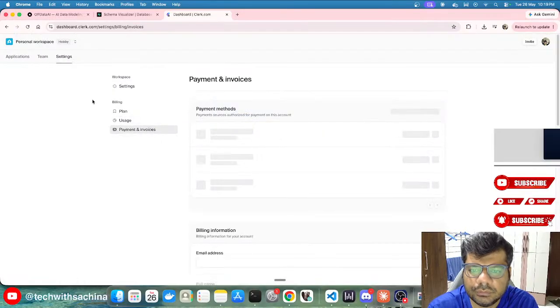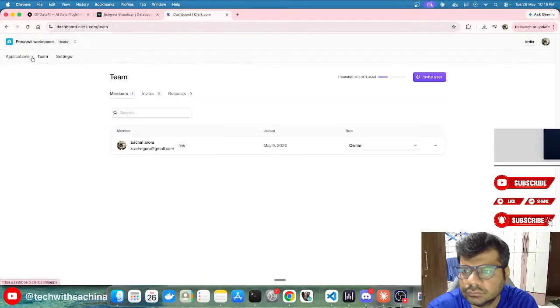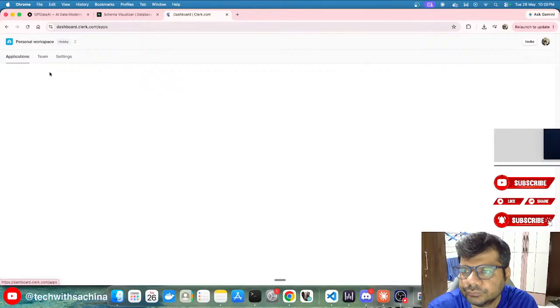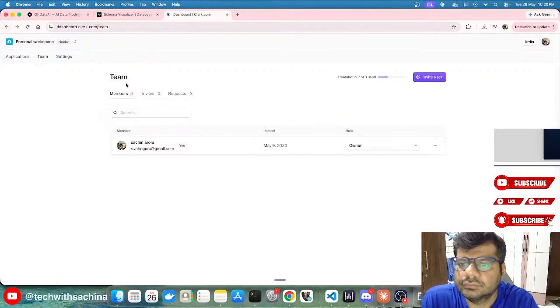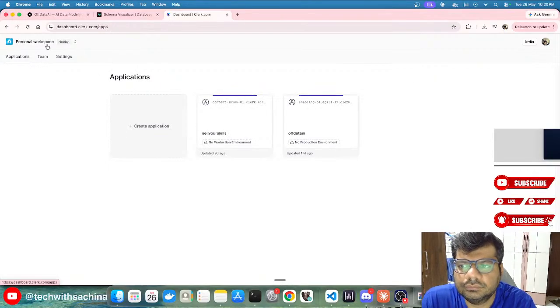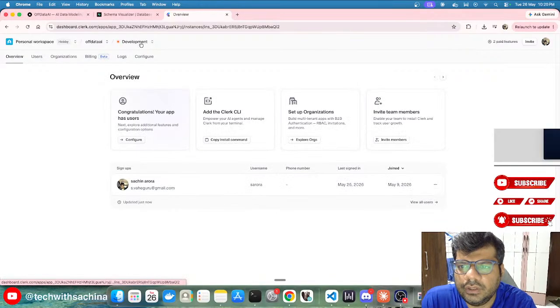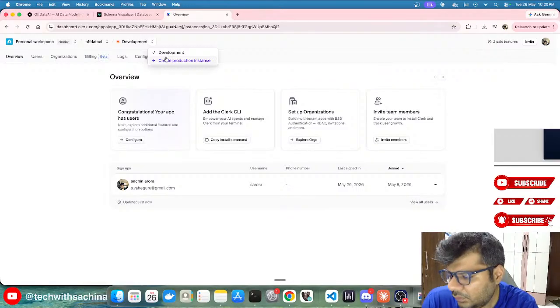Usage. Learn more. Team. Application. I can't see anything. Number out of 3 used. Okay. Team of data AI. So why does it only show development? That's the question.